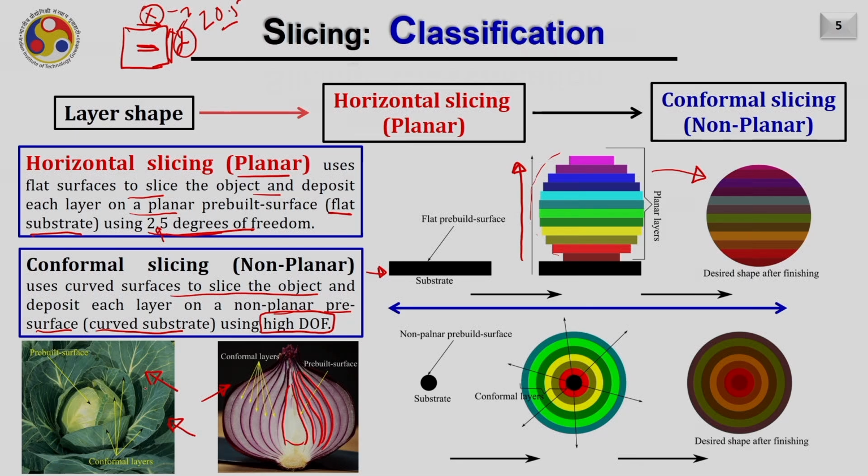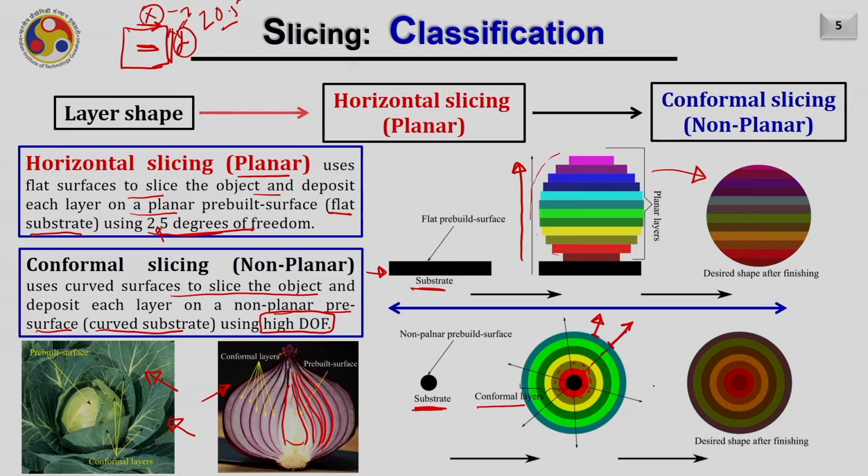Now, let us extend this analogy for realizing the spherical object. In that case, this will be the substrate. Instead of having a flat substrate, here the substrate will also be non-planar, and hence on this substrate the conformal layers are deposited. Conformal layers will be nothing but in a spherical manner like this. Here now one can observe that the deposition direction keeps on changing. Right now, if you are depositing the material at this particular point, the deposition direction is this. Now if you are depositing at this point, this will be the deposition direction or build direction, and hence it will keep on changing when we build or deposit the material.